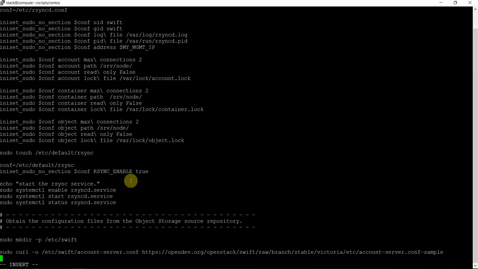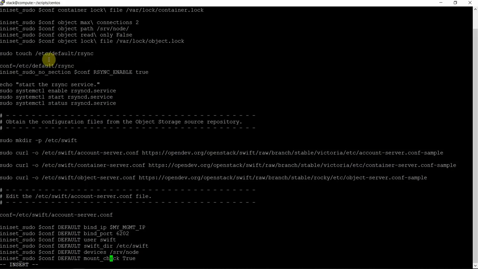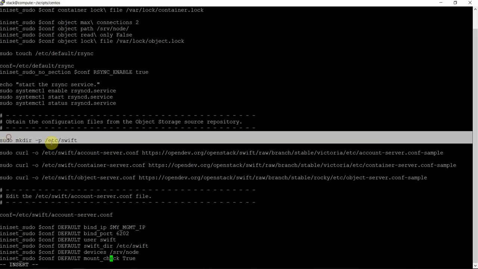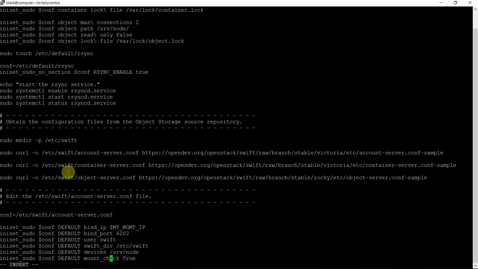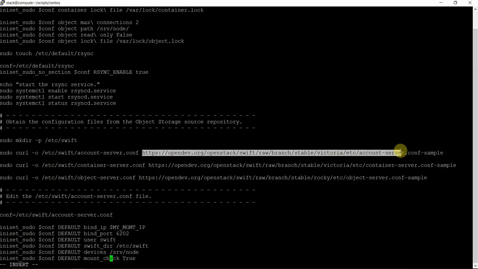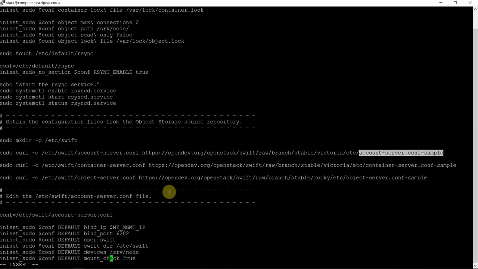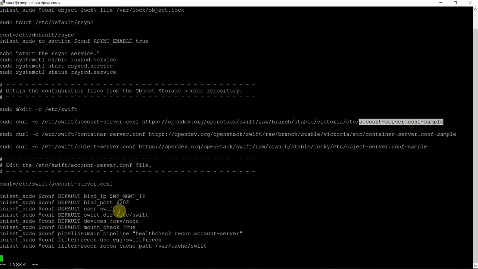Finally, we are creating the directory if it does not exist, starting the services, downloading the files, installing the packages, and downloading the sample account-server.conf file from the OpenStack raw branch Victoria, and then editing these files.